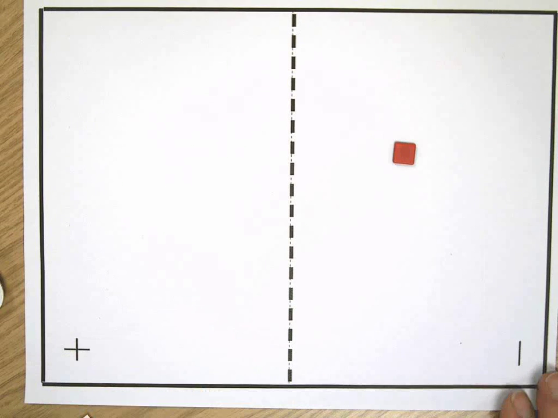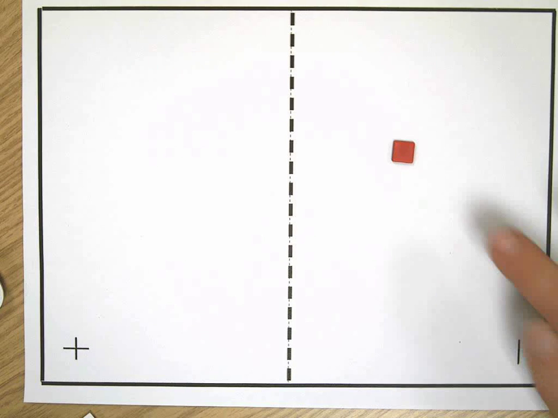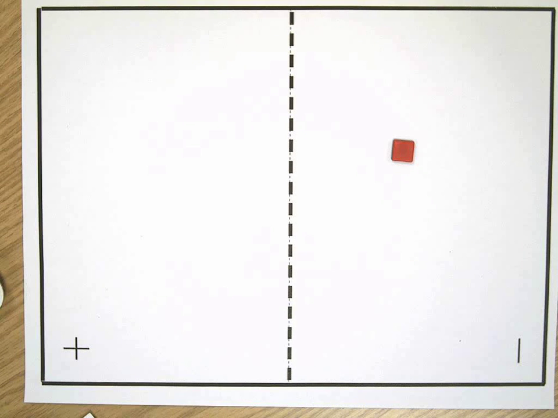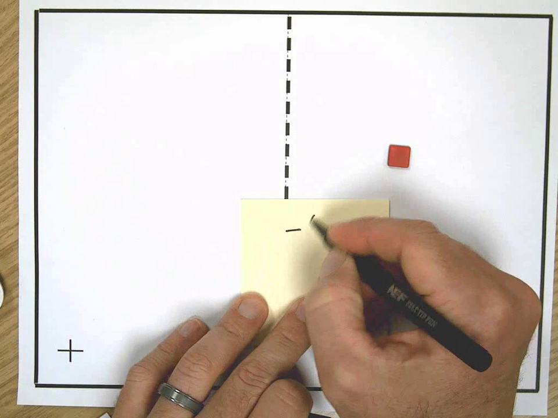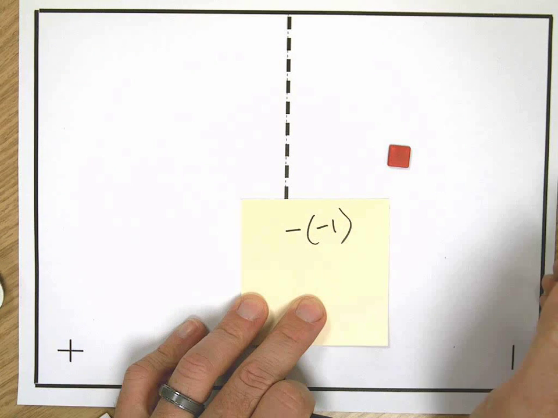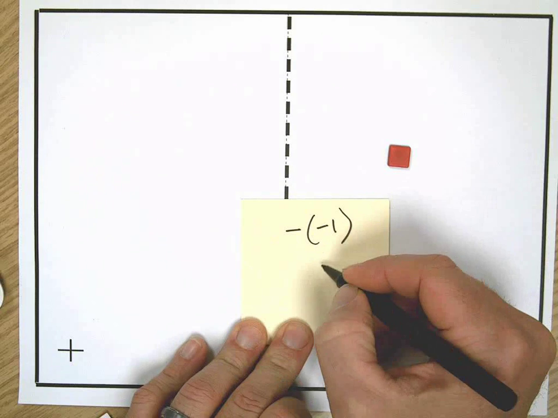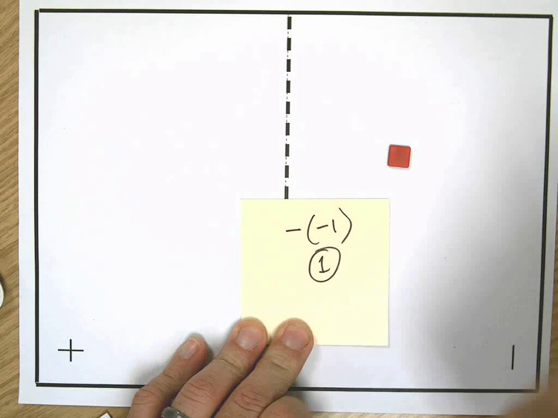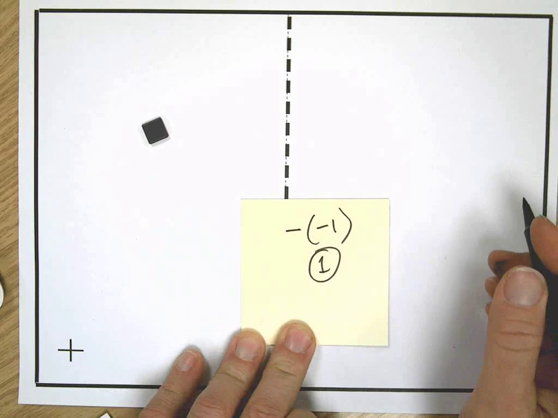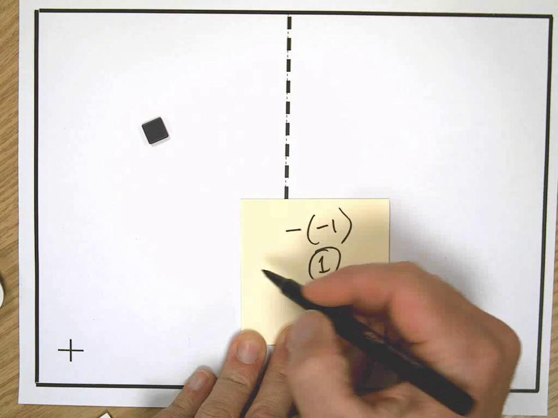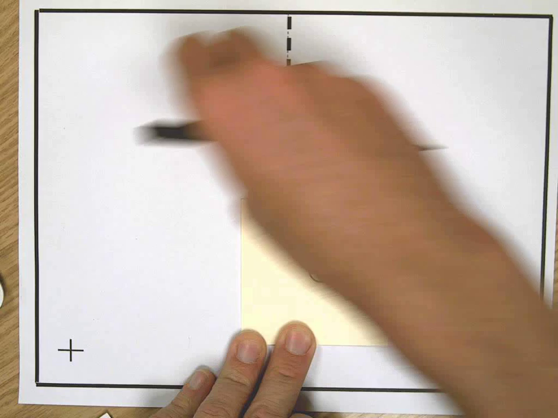Now what do I have? What's the value of this mat? Well, I have the opposite of -1, which is also 1. I have the opposite of -1. What is the opposite of -1? 1. So we can see that if I have a value of 1 right there, because I have 1, and